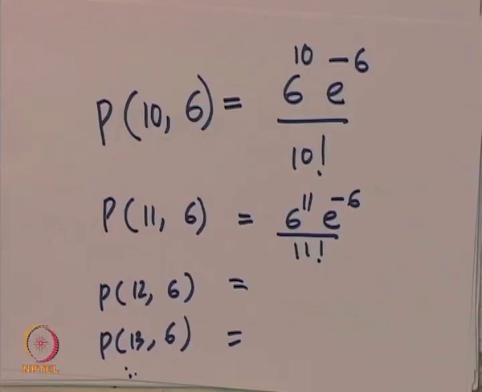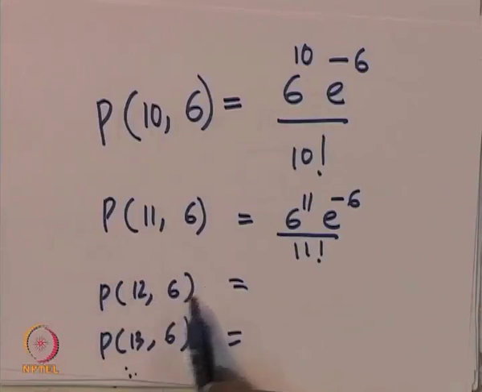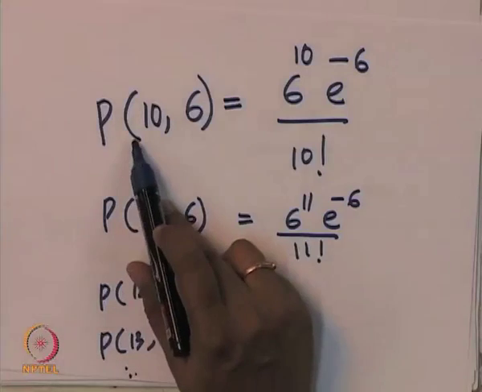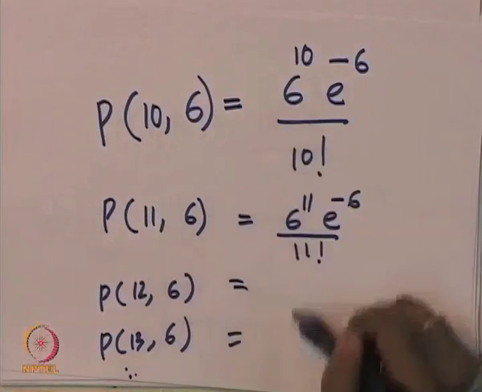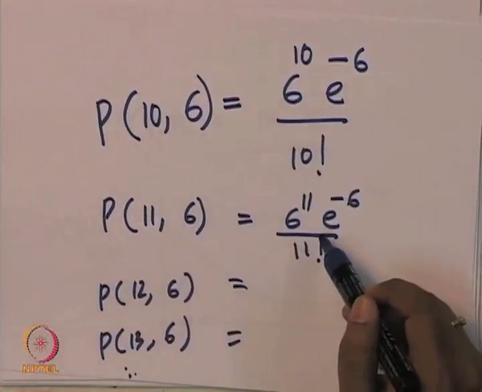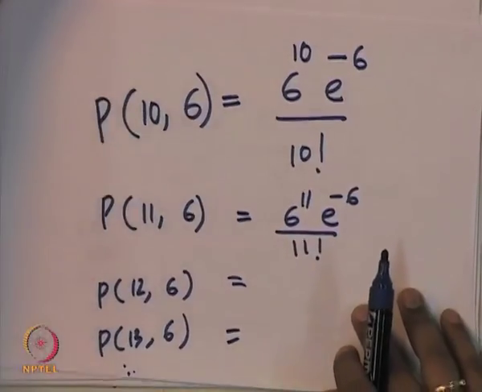That means sometimes it can be 11 mangoes, sometimes it can be 12 mangoes, sometimes 13 mangoes; at least 10 you should get. So it is the sum of all these probabilities, because even if you get 11, it is at least 10. So, the probability of getting at least 10 mangoes